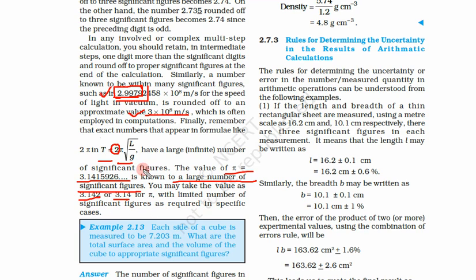Again, let me summarize. With pure numbers, we don't consider significant digits; we consider them to be true and to have infinite digits. When we calculate something and we know the value up to the nth significant digit, we take only as many digits as we need in that calculation. If something is given in the question, we again assume that it has infinitely many significant digits. And last, the value of pi and other such values we can take with as many significant digits as we need.